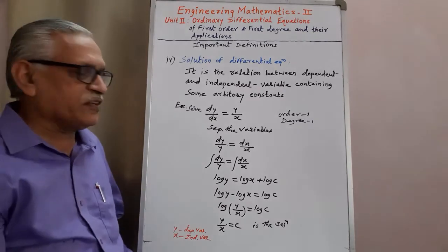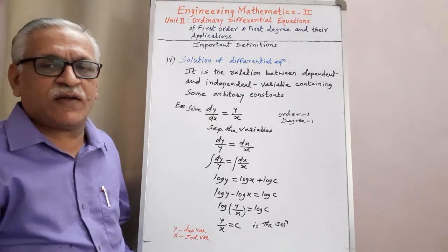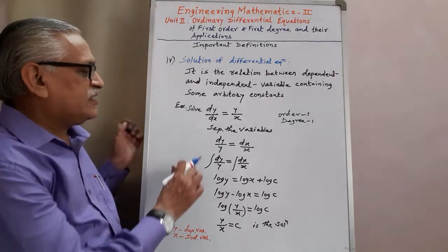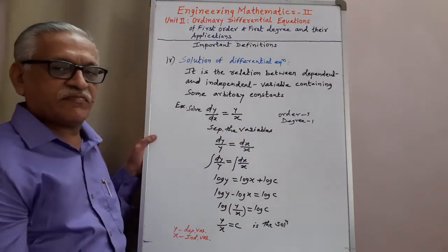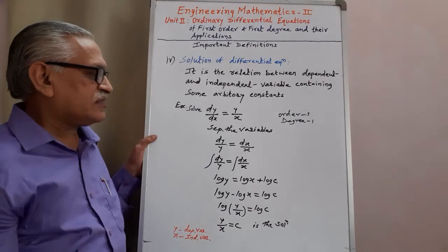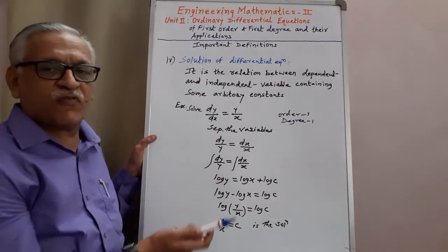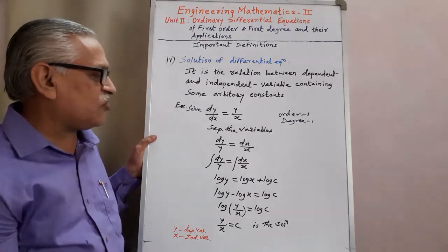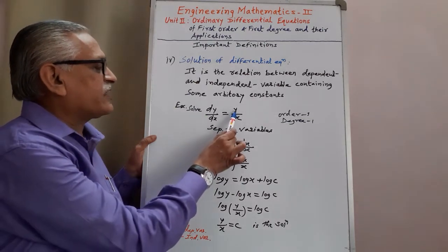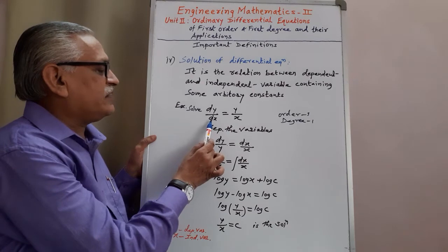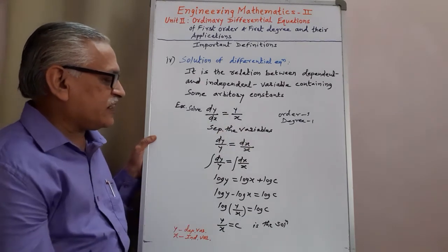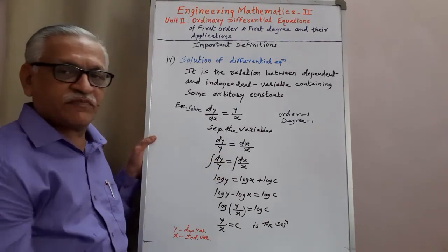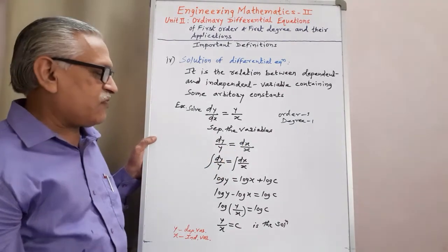And if we have to solve this, we try to apply the technique whatever you studied in 11th and 12th, separating the variables. Means we transfer the terms of y dy on one side and terms of x dx on the other side, and therefore taking this y to the left hand side and transferring this dx to the right hand side, we get dy upon y is equal to dx by x. This is called separation of variables.